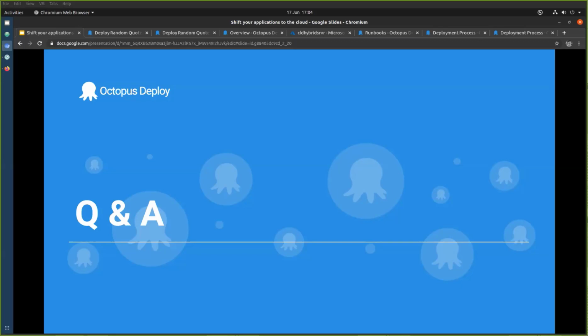Next question is, are there any plans to provide native account support for Google Cloud? Yes, there are. We do have plans in the pipeline to get Google Cloud accounts, and also there'll be some specific step templates built in for Google Cloud deployments. Next up,